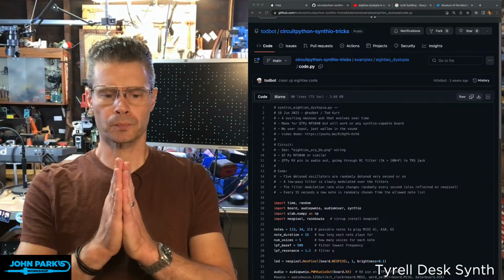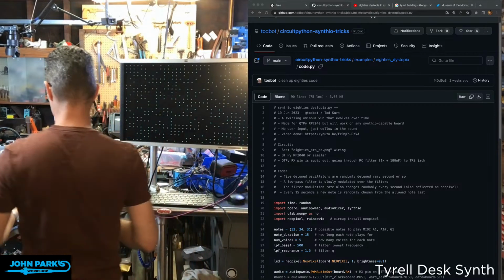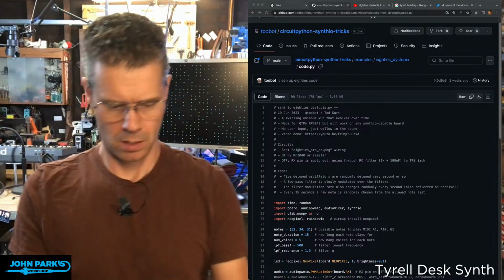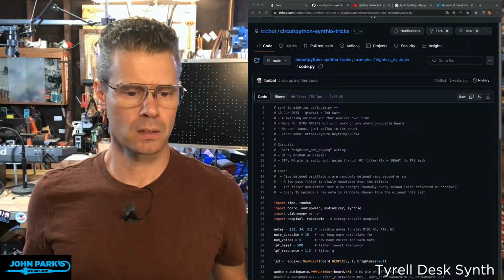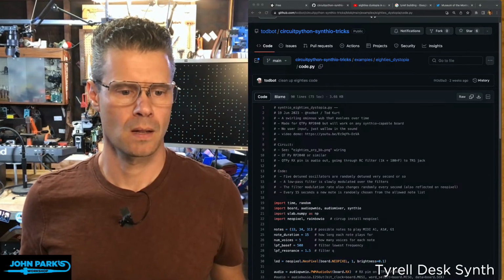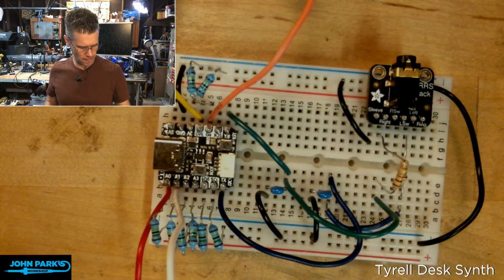The basic circuit for this, I'm going to show you my little prototype, is a cutie pie. Let me grab something to point with here.